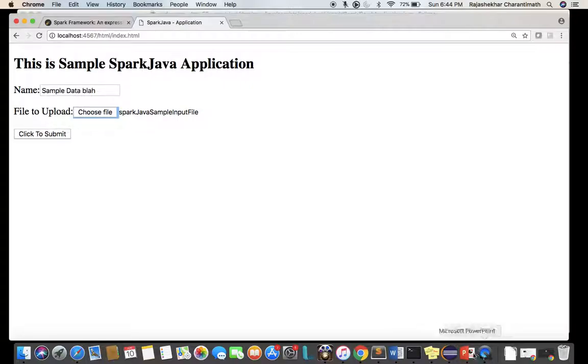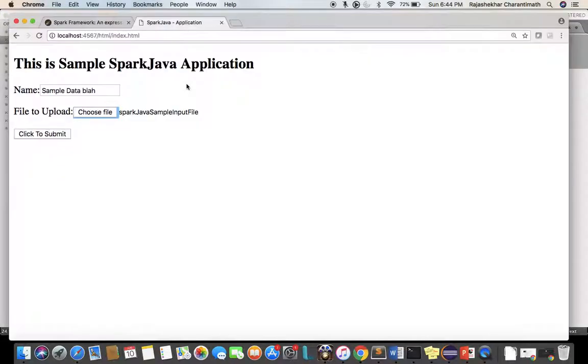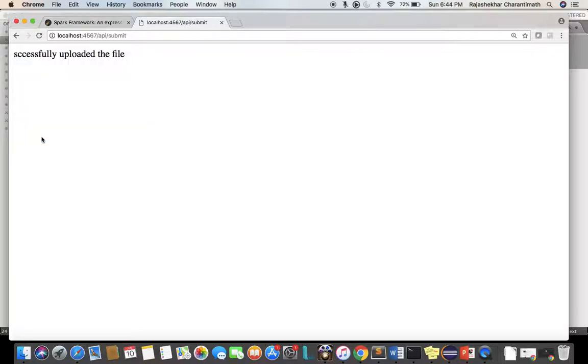If you go and see the Spark Java input file, there's a string in it: this is Spark Java testing. It has this content. So when the user enters the text field, selects a file, and clicks on this, what will happen is